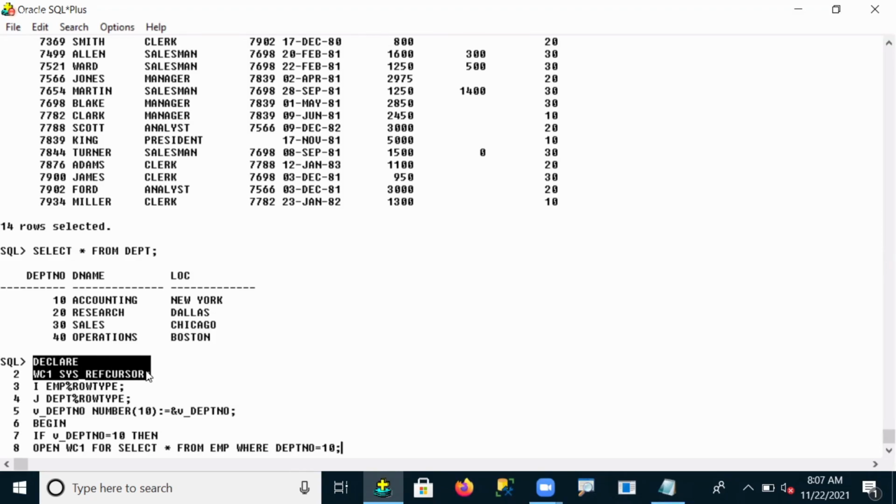So we are not sending our select request at the declaration. We are sending our select request at the opening level, at your open level. When you open the cursor, at this moment we are passing our query request. That means we are passing it at open, at the execution of the cursor. Cursor execution level, we are passing the select query. Previously, we were passing the select query at the declaration level.